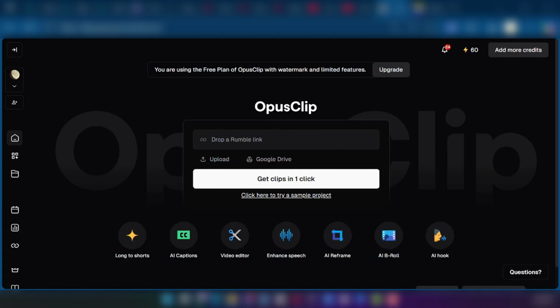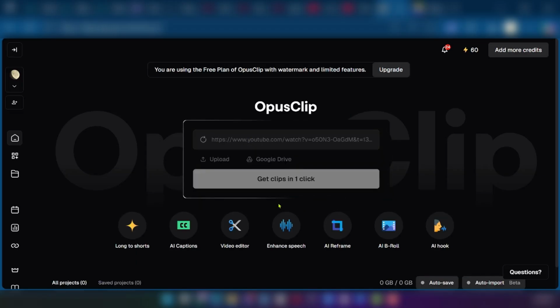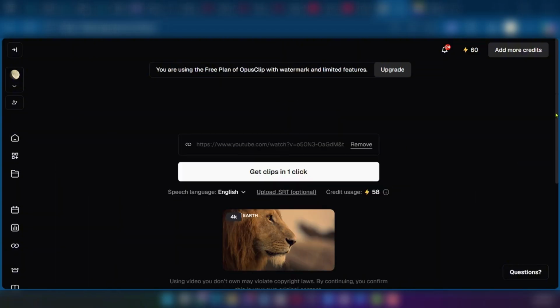Hello guys, in this tutorial we'll be showing you how to turn long videos into shorts using OpusClip AI. We're currently on our dashboard in OpusClip and you can see you could drop a Zoom link or any other link. We will be dropping a YouTube link, and as we dropped it by pasting it right there, it's currently processing the link. And because we're using OpusClip, you can get shorts by simply clicking on this button, Get Clips,